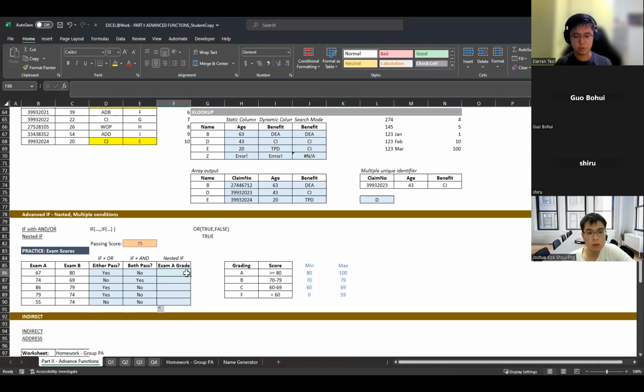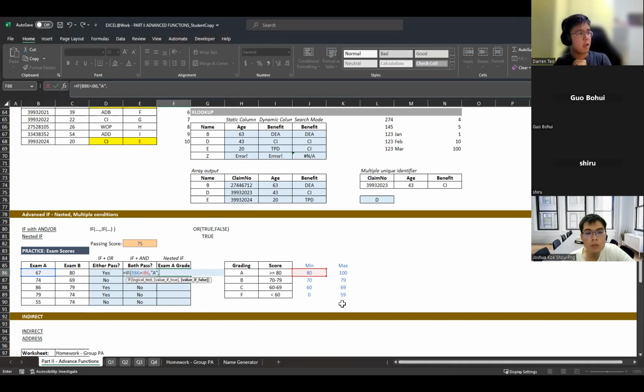Okay, so what I like to do is look at the highest range first, the highest value that I can get, right? So if this particular exam score is more than my minimum score over here to get A, I hit the bare minimum to get A already. So naturally I should get A, right? So I will get A.